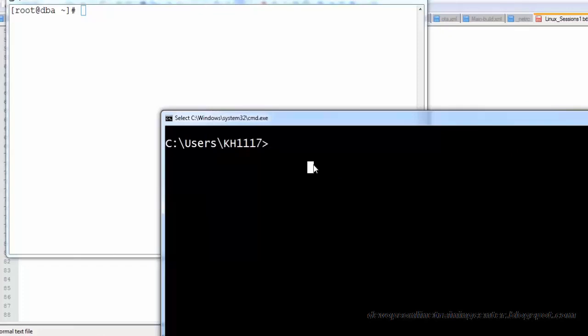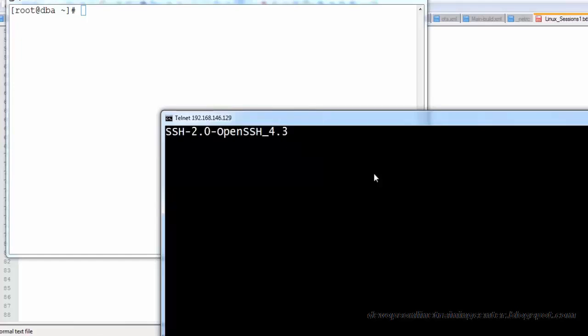To check whether the port is accessible from another machine, you make use of a command called telnet. Telnet checks an open port on a remote machine. Netstat works within the machine, but telnet checks from some other machine whether the port is open, so I'm checking the network as well. Am I able to reach that port through this network? Look at this. I need to check port 22 on this machine. You need to give an IP address to identify the server you're checking: 192.168.146.1. This is my Linux IP, and I'm checking port 22.